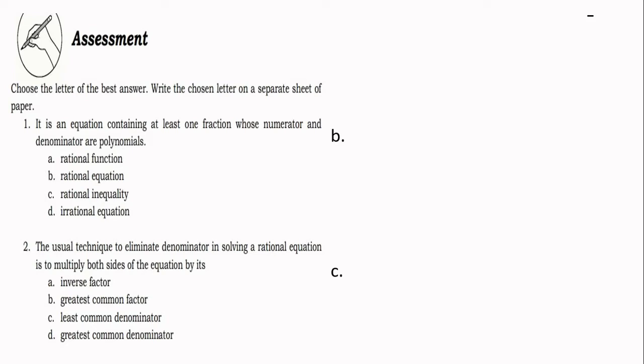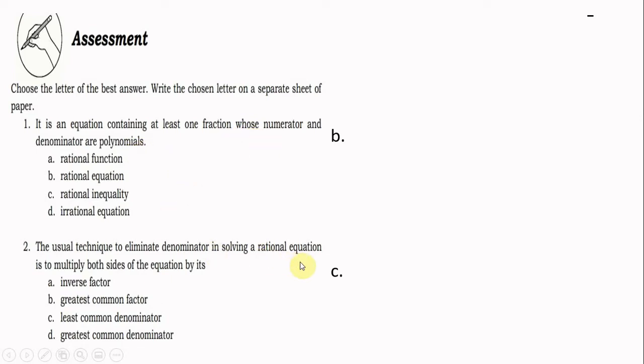So the instruction is, choose the letter of the best answer. Now, number one, it is an equation containing at least one fraction whose numerator and denominator are polynomials. So the answer is letter B. It is a rational equation because we are talking of an equation with at least one fraction whose numerator and denominator are